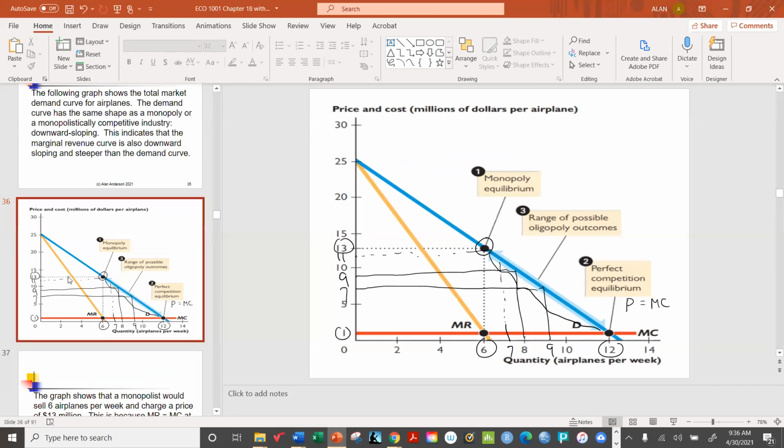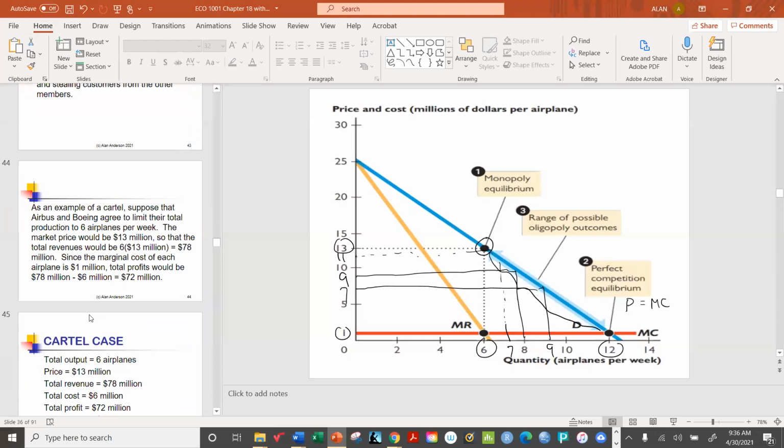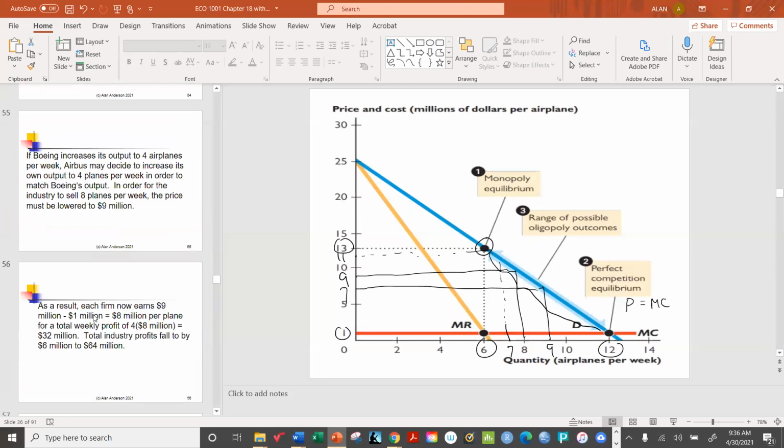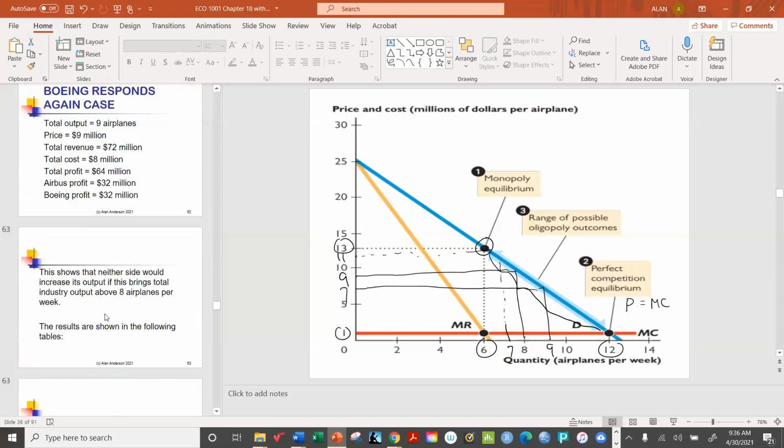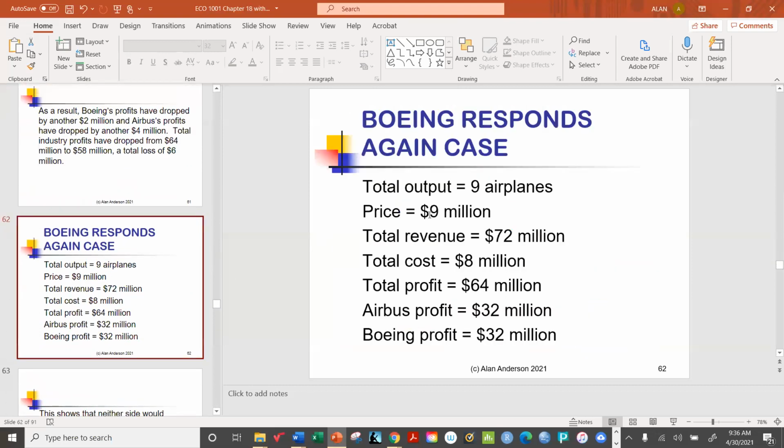All right, so you see what's happening. It's starting to eat into their profits quite a bit, as a matter of fact. So we have 9 planes at 7 each. The total revenue is now 63 million. The cost is 9 million. So the industry profit is now down to $54 million,